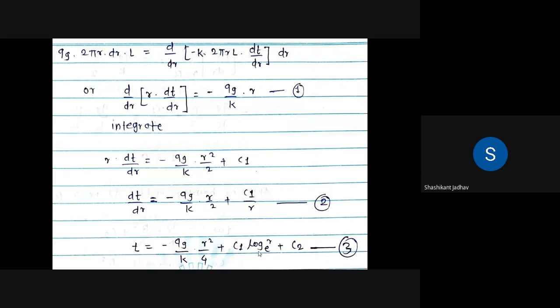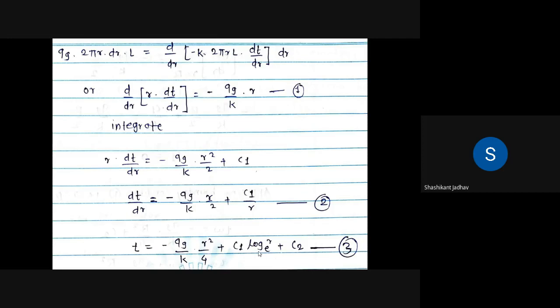तर ह्या इक्वेशनचा यूज करून आपण काय करू शकतोय? त्या सिलेंडर मध्ये कुठल्याही लोकेशनला किती टेम्परेचर आहे ते फाइंड आउट करू शकतोय. सो बट देअर इज अ नीड टू कॅल्क्युलेट दी constant C1 and C2. These are the constants, so we have to calculate the values of C1 and C2 by using the boundary condition.